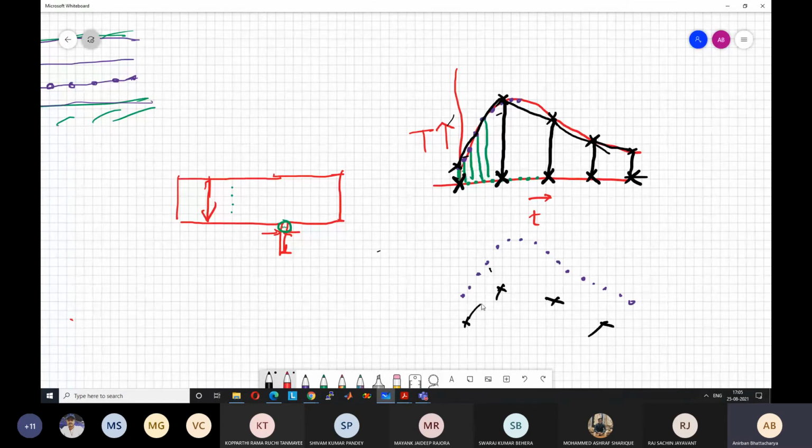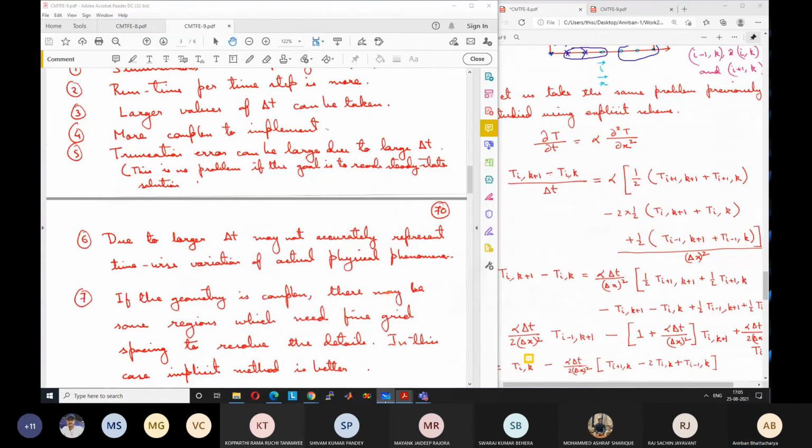The second case is much more inaccurate. You do not actually know the intricate variation in the slope. You are not able to capture it using fewer points. So obviously, the more the number of points, the more accurate the details will be. So the physics sometimes gets distorted because you are taking a larger time step. So that is what I am trying to mean here. Okay.